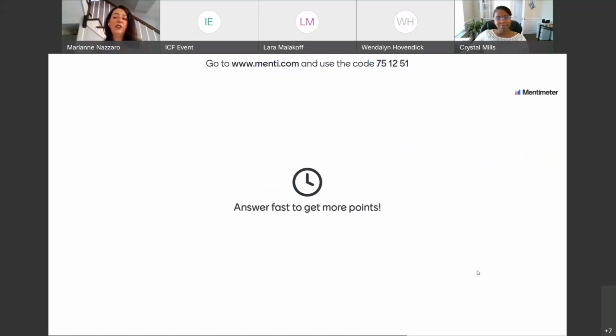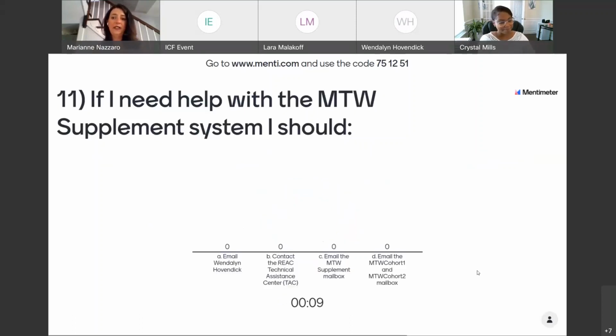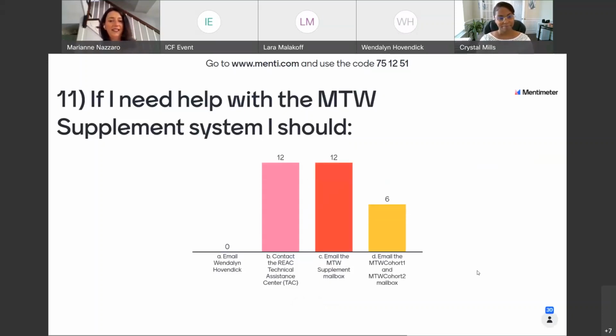So what do I do if I need help with the system, the MTW supplement system? Do I email Wendelin (A), contact REACT Tech (B), email the MTW supplement mailbox (C), or email the Cohort mailbox (D)? Yes, the correct answer is,